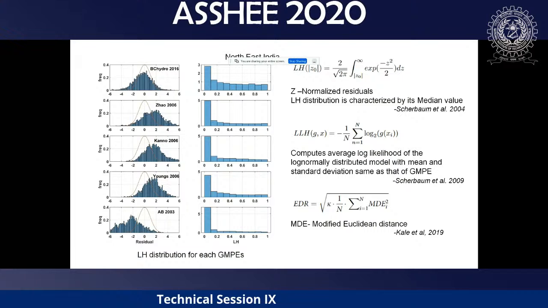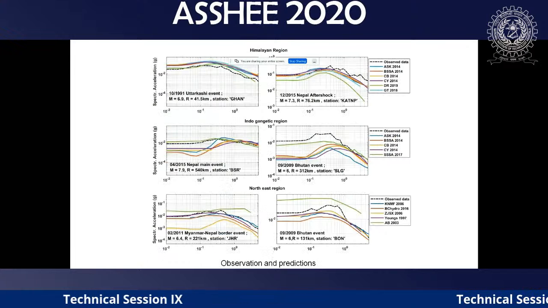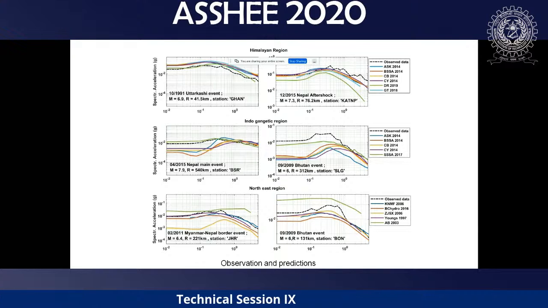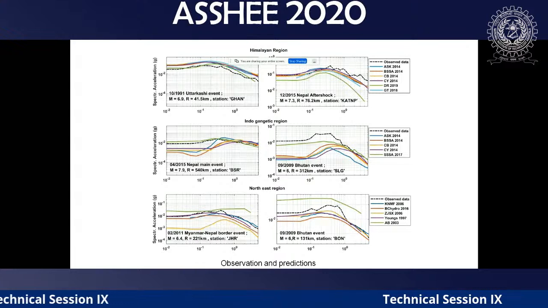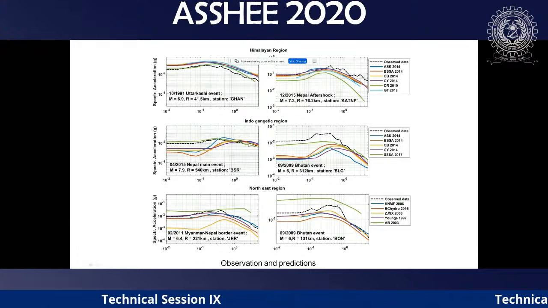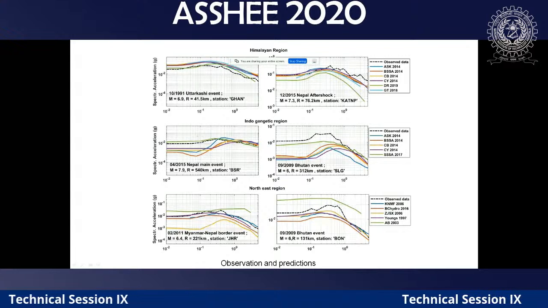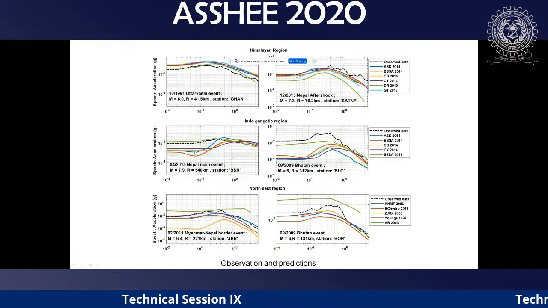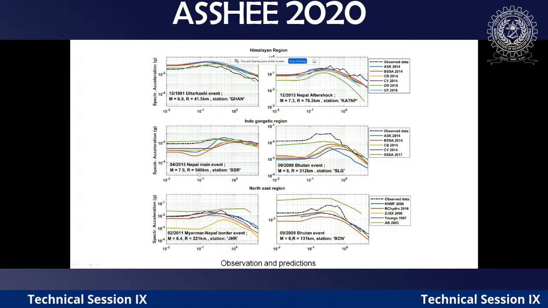By all the approaches we got these numbers. I'm showing you some comparisons of how these international equations compare with the data, say for Uttarkashi, then for the Nepal aftershocks and Nepal main events. For the Nepal main events, the recorded data is the black line, and this is the one developed by the NGRI group, published in BSSA. The international equations are unable to predict the far away distances.